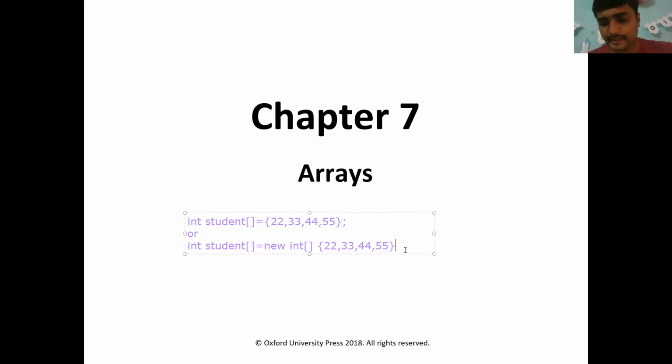Then how do you display an array? Using any for loop, you can display the array. You can use the for each loop. Generally, we will use a for each loop: for z in student, System.out.println(z).